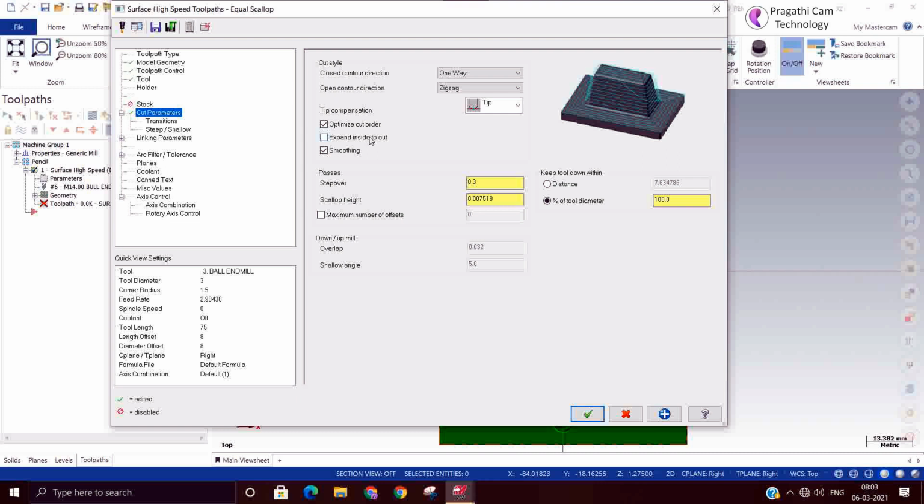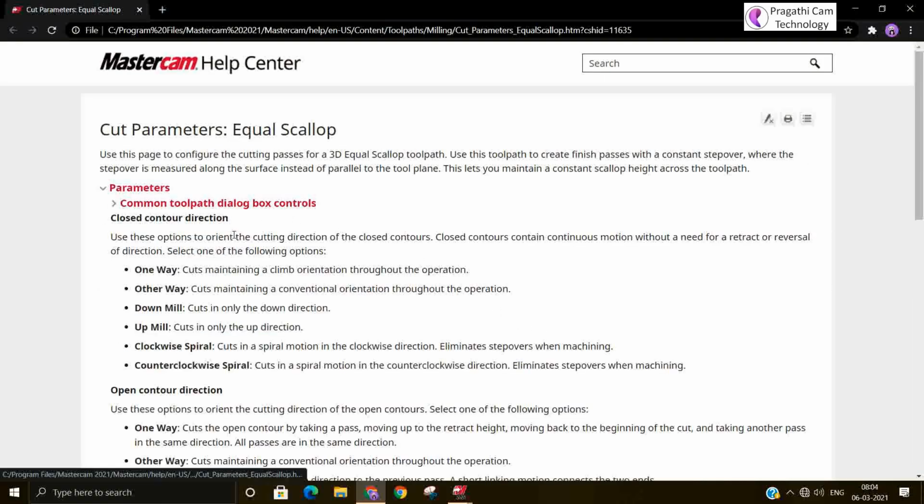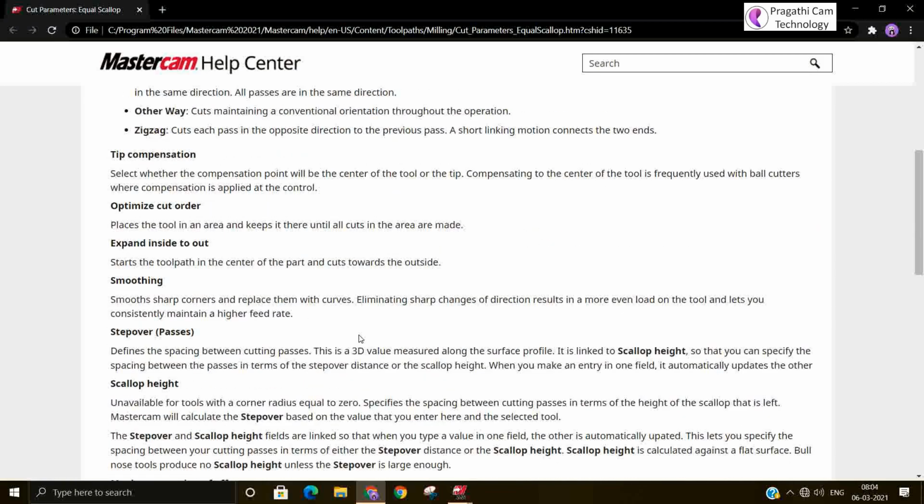Optimize cut order is there. So expand inside to outside, and smoothing is on here. You can give step over percentage. Number of offsets you can modify. You can see what that number of offsets is. You can read it from here.